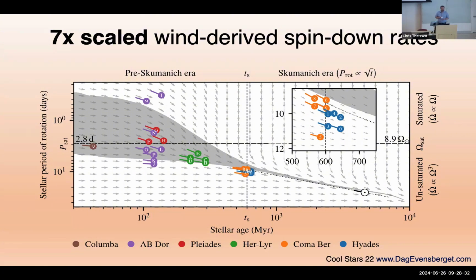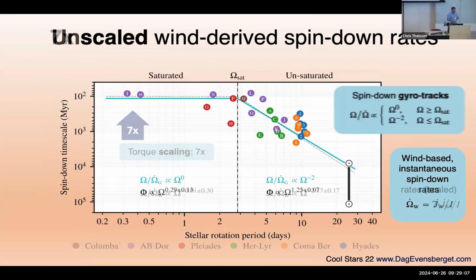No, we just fit the numerical models to the observations we see. The magnetic field strength from the Zeeman Doppler imaging is an input to our model. So in some sense, the saturation is already present in the input, and what happens here is that it carries through the numerical modeling and results in this difference in the spin-down time scale. And the saturation value was chosen so that the gyro tracks that I show on some other slides